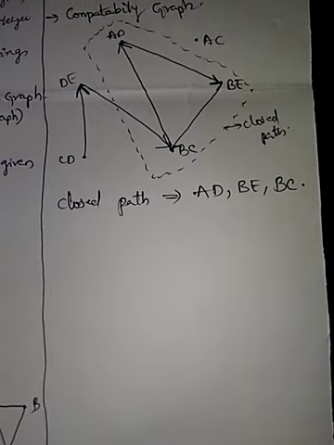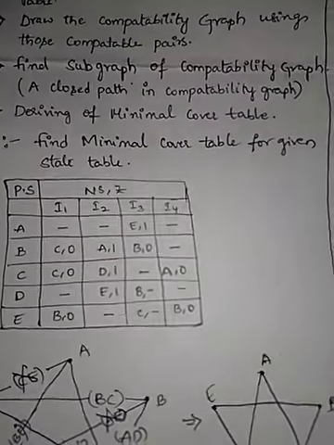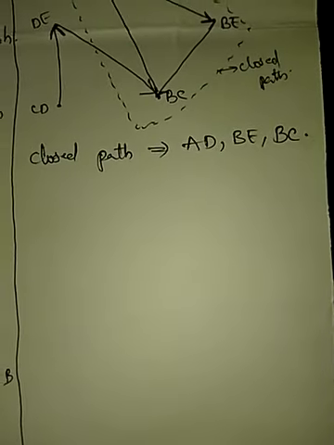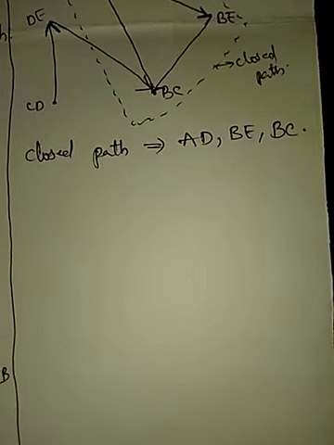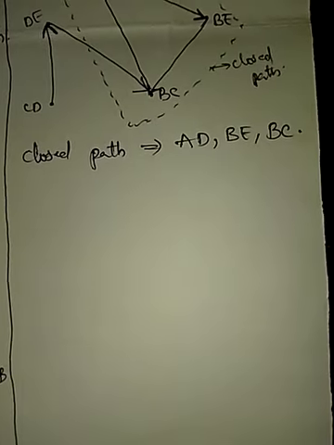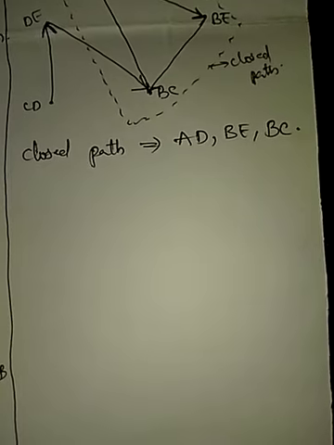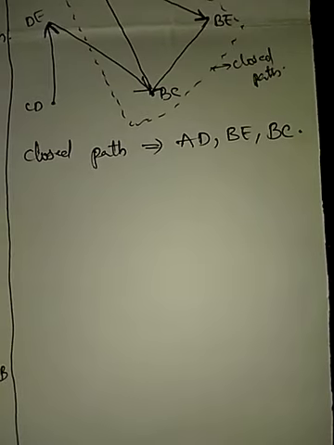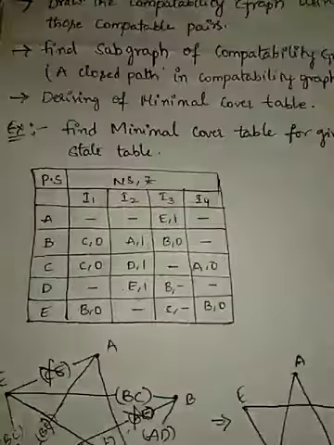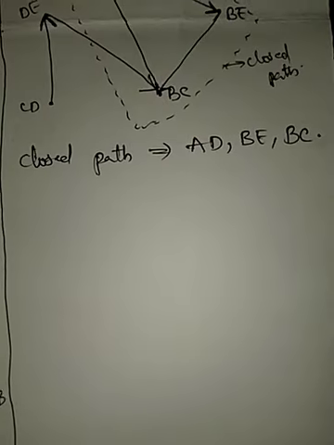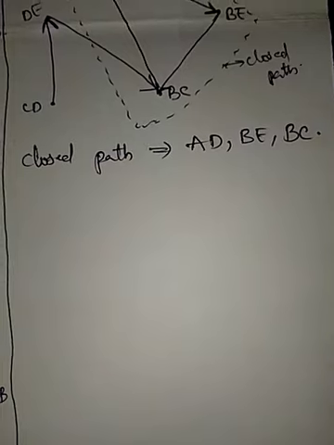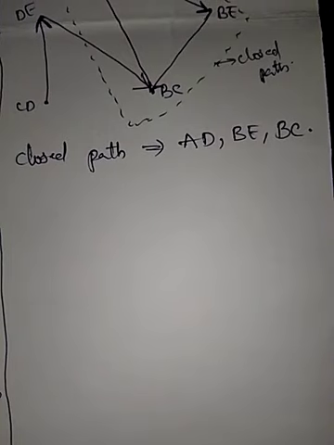Therefore this particular state table can be covered within 3 states. So you can write a line like this: as the closed path consists of 3 vertices, the entire given state table can be covered within 3 states. Hence it is called a 3-state machine, right. The closed path consists of only 3 states, so the entire given table can be covered with the help of these 3 states. Hence it is called a 3-state machine. In the given question there are 6 states that you can cover with only 3. That means the reduction is done here. You call that minimal closed covering. Okay, we call that minimal closed covering. That is the point to add here.